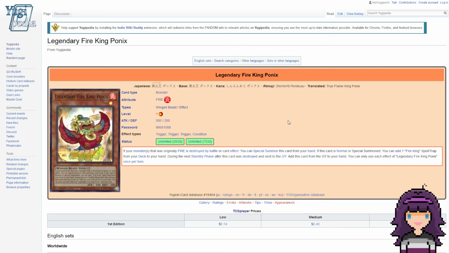During the next standby phase after this card is destroyed and sent to the graveyard, add this card from the graveyard to your hand. You can only use each effect of Legendary Fire King Ponic once per turn. Wow, so this card is pretty comparable to Poplar in a lot of ways, actually. It's got a special summon effect, it's got a recursion effect, and it's also got a search for your archetype